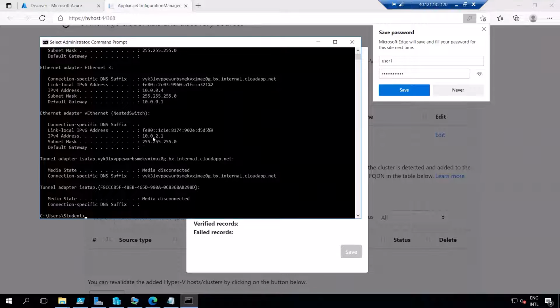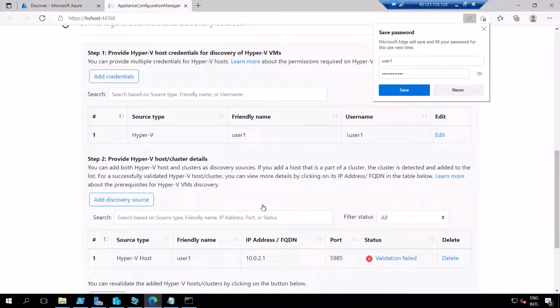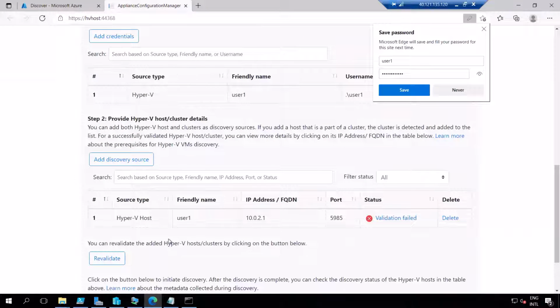Okay, 10, this is the IP I'm looking for, user one. Save. Now you can see it is completed. Revalidate, verification failed for user one.